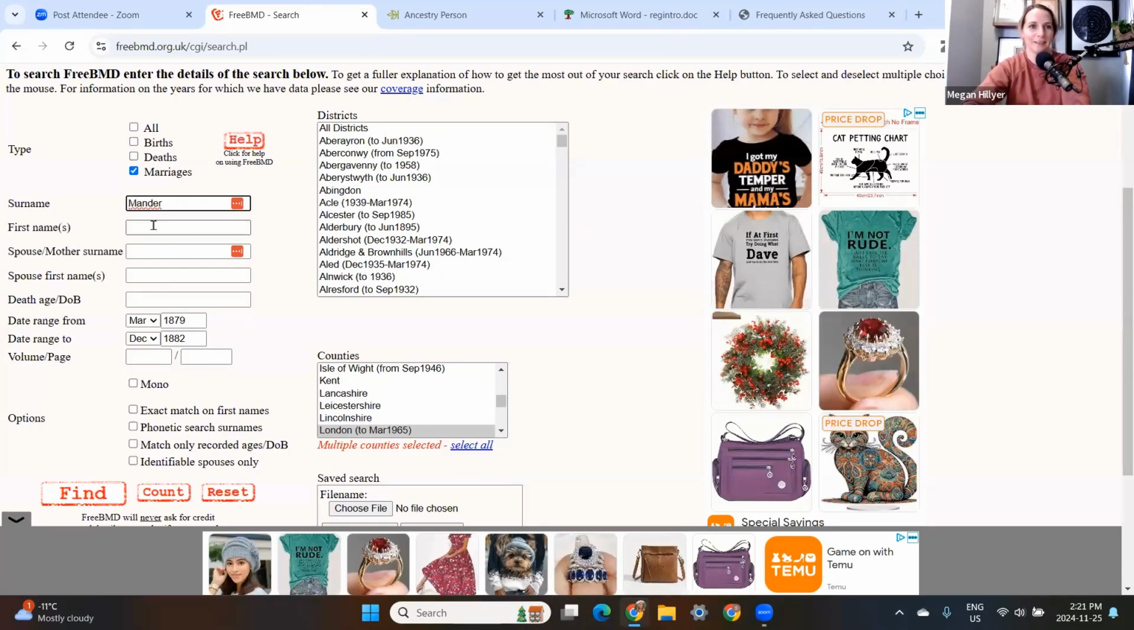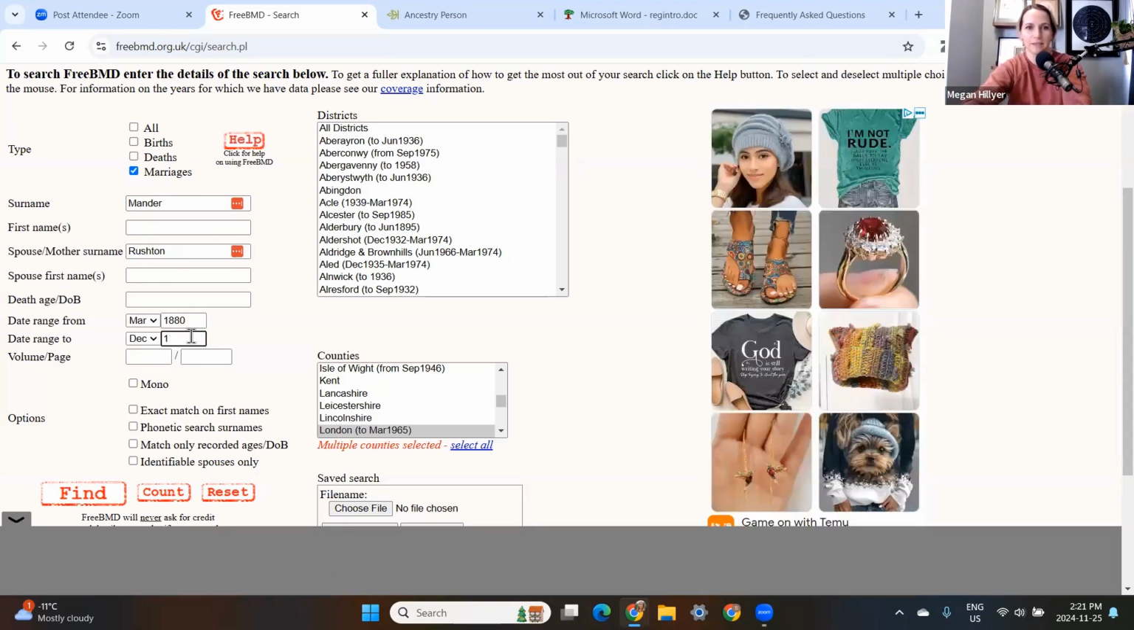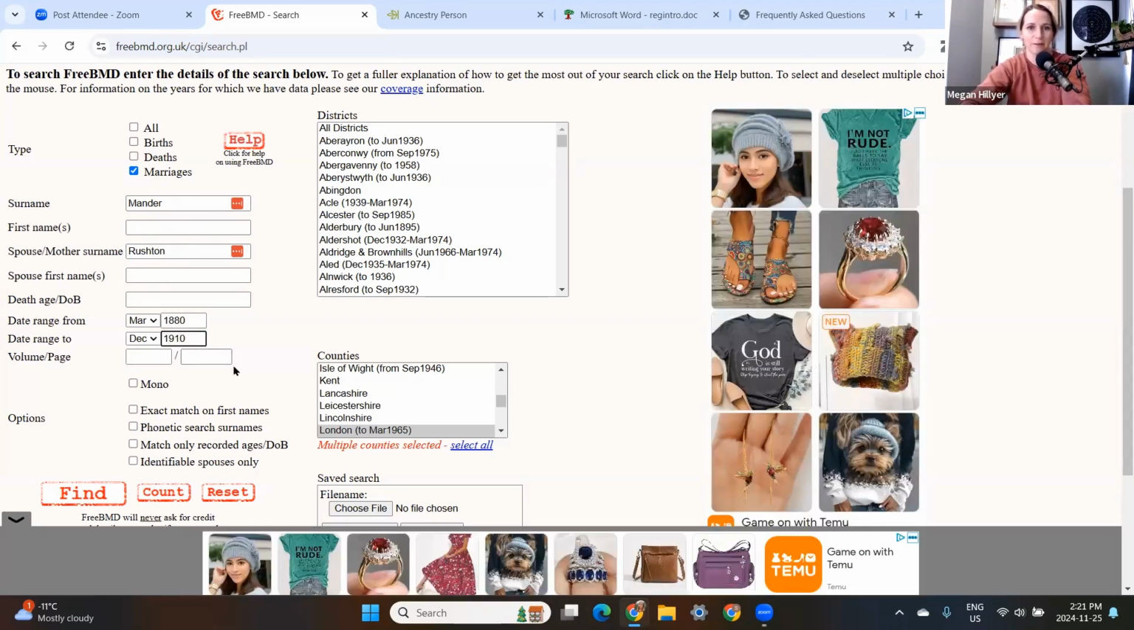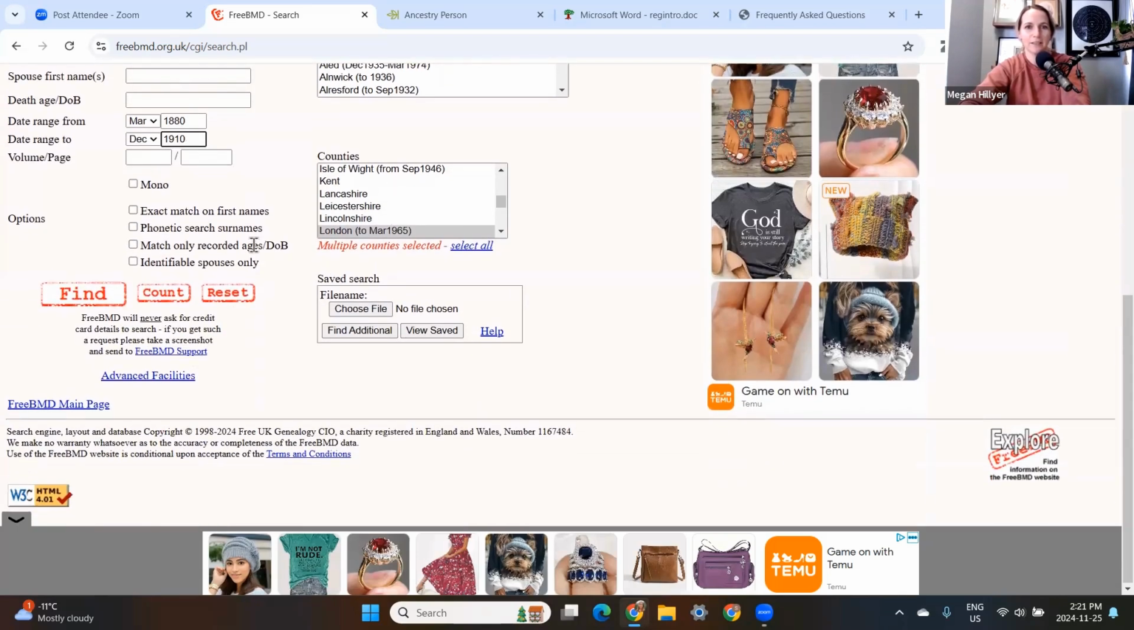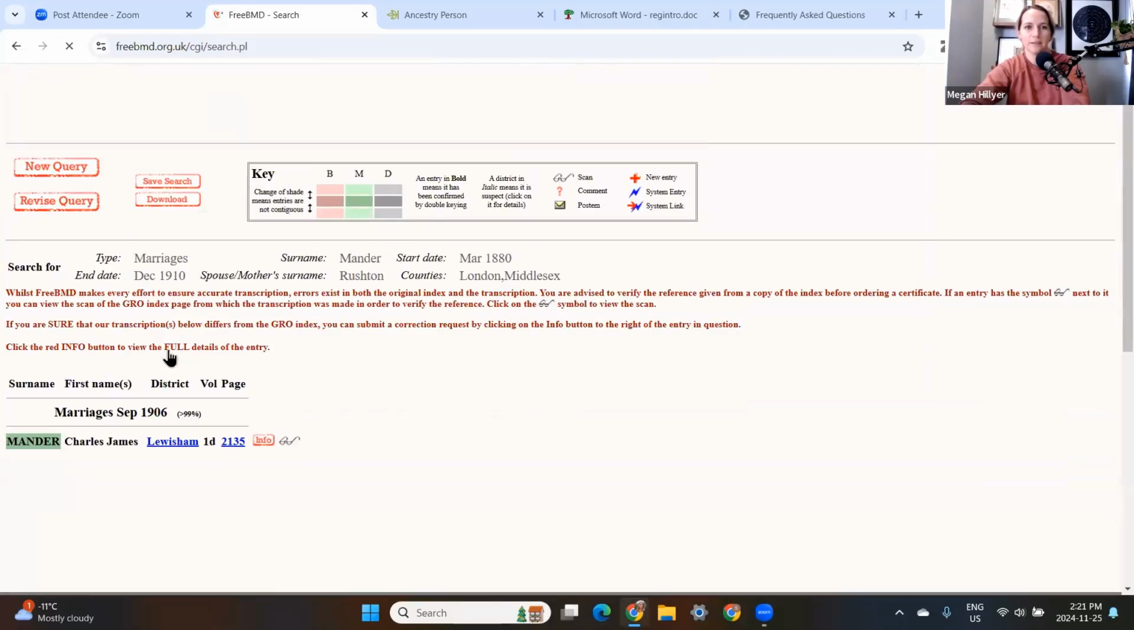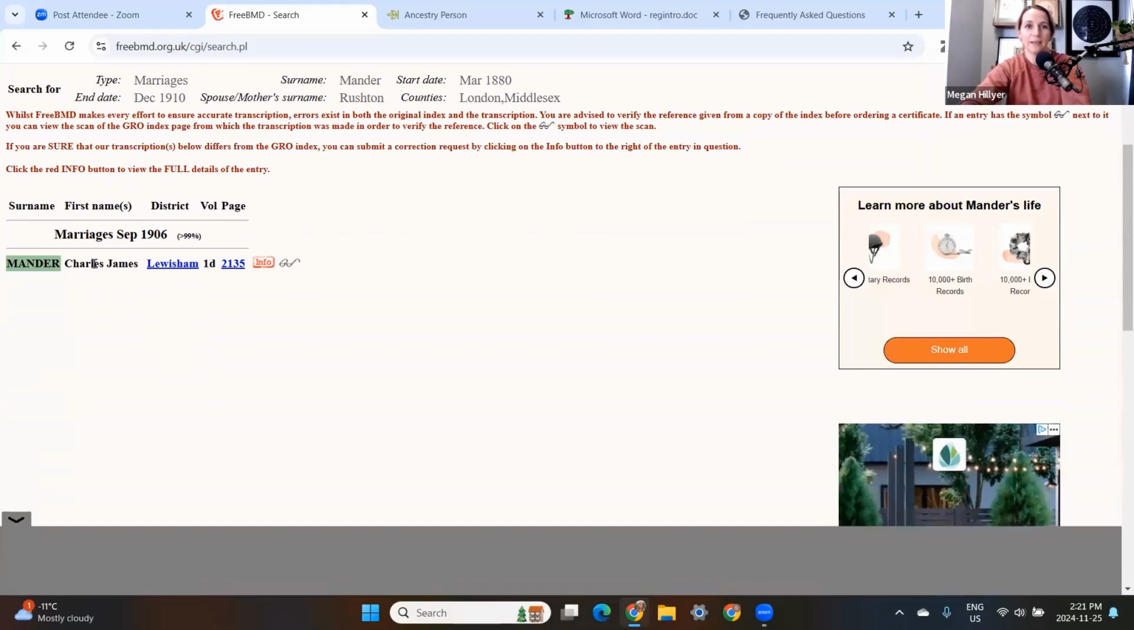So I was looking and looking and looking, trying to find one for this Charles Mander and Sarah Louisa Rushton. I wasn't able to find anything. So here's one way that you can look for them, Mander, and then I put Rushton as the other surname. And let's just cast a very wide net here because I think it was 1906 that I was able to find one for. So I still have those 2 counties in London selected, just because in London there was quite a few different ones. So you can see that there's just this one that shows up for Charles James Mander,